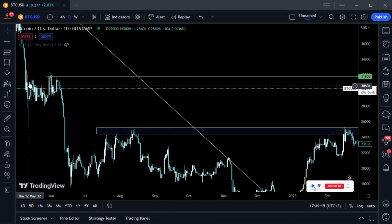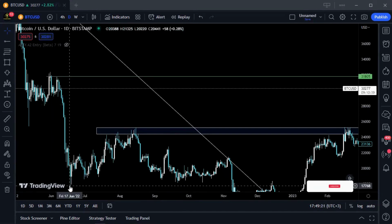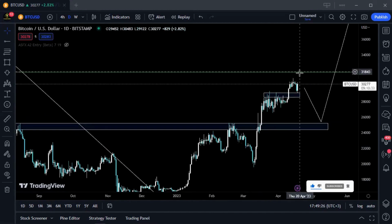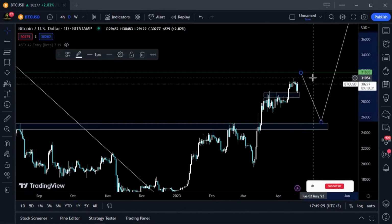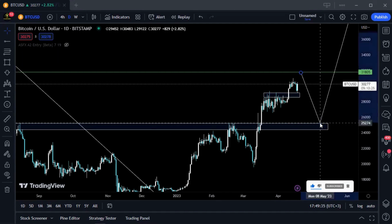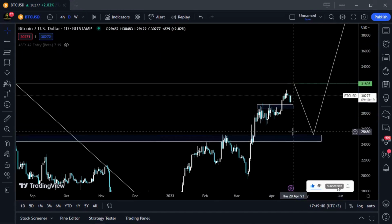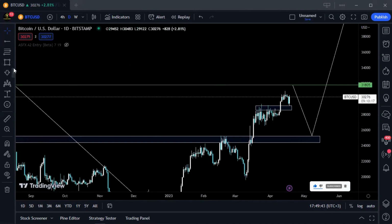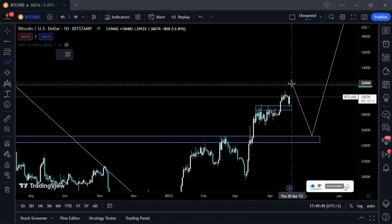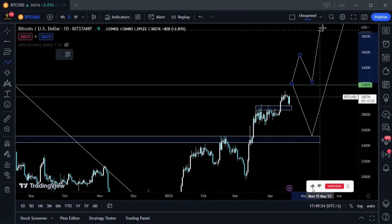You can see here there was a resistance structure that pushed prices all the way down here until about 17K. So once prices reach here, that's when I'll be looking for some kind of a retracement for prices to swing back down here at about 25K. And then at 25K, that's when we're going to be looking for buying trades. But if the US dollar persists and it keeps on dumping, that means prices have a very high probability of not coming back down here, and they'll just break above here, give us a retest on 31, and then continue